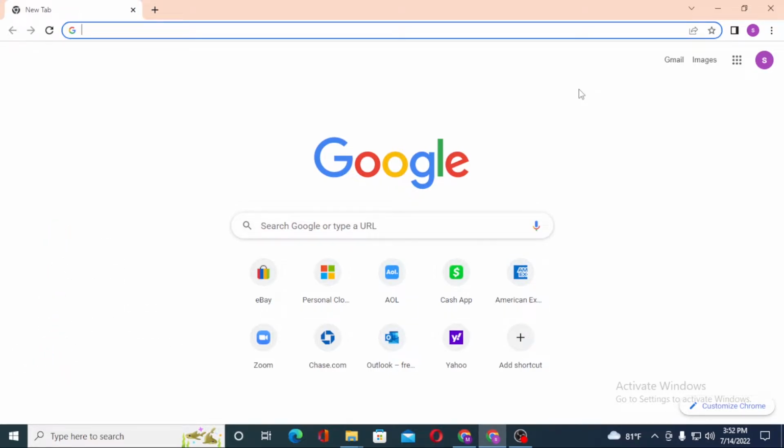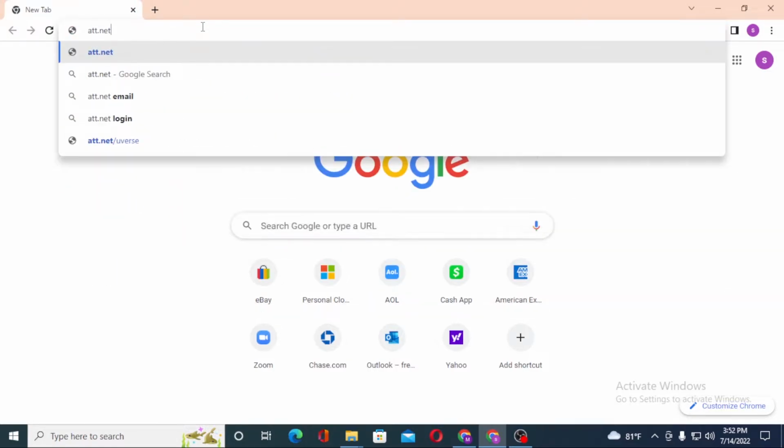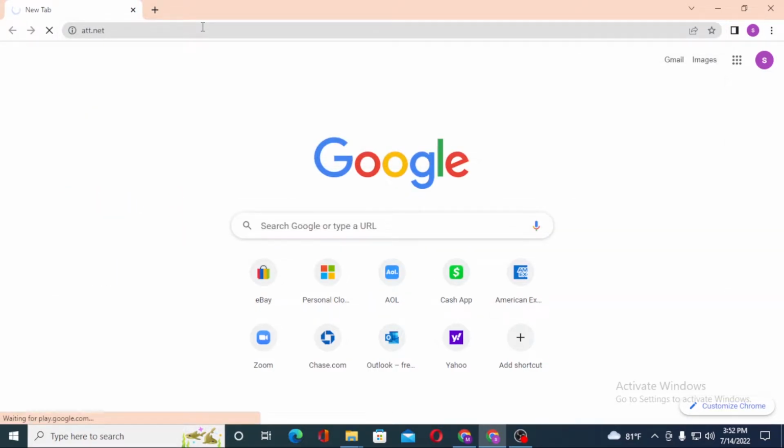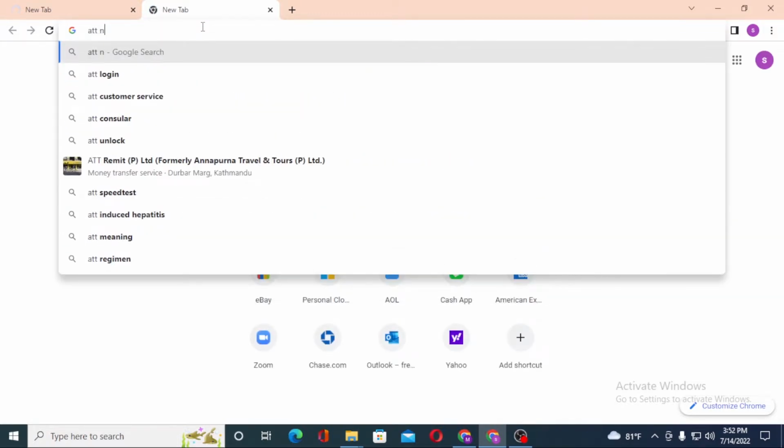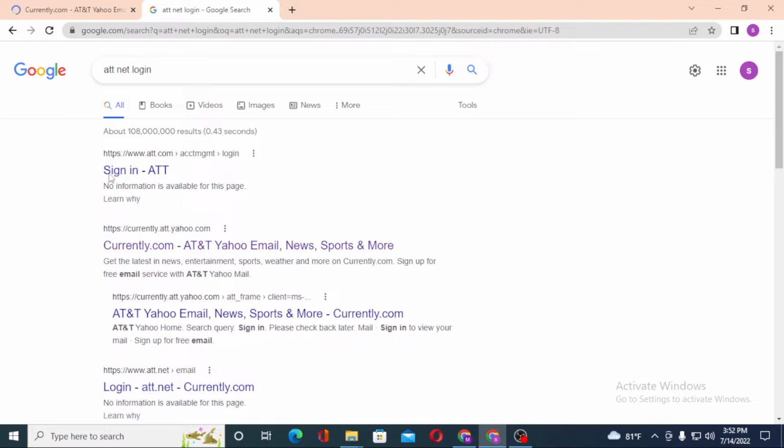Now to log into your ATT.net account, first open up your preferred browser, as I have already opened Google Chrome. In the search bar, click over there and type in att.net like this and hit enter, or you can just search for ATT.net login on Google itself and hit enter, and you can see att.com over here. Click over there,